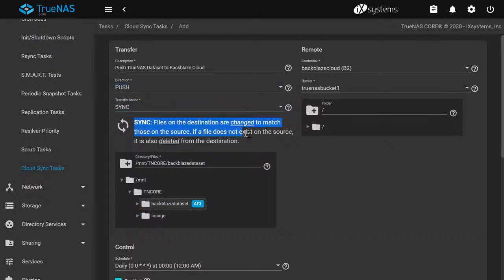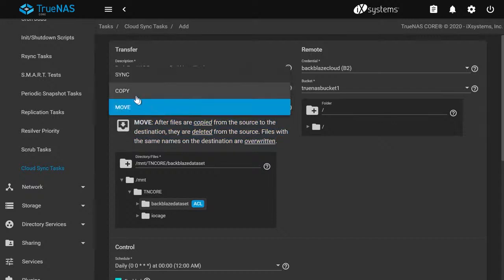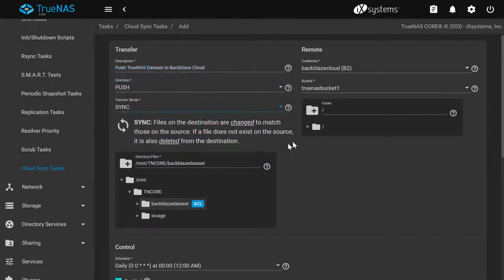Sync will change files on the destination to match the source, and delete it if it doesn't exist in the source. Copy will copy files on the destination from the source and overwrite any with the same name. Move will copy the files to the destination, then delete it from the source, and overwrite any with the same name. I'll choose Sync since I want my files on the Backblaze cloud to be exactly the same as what's